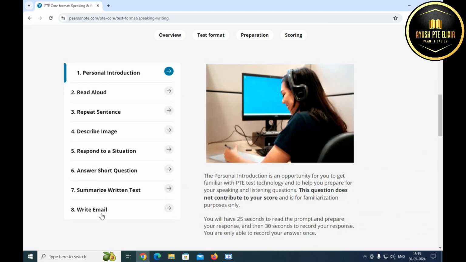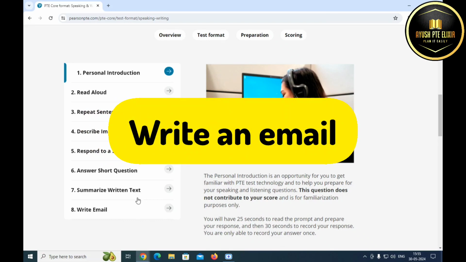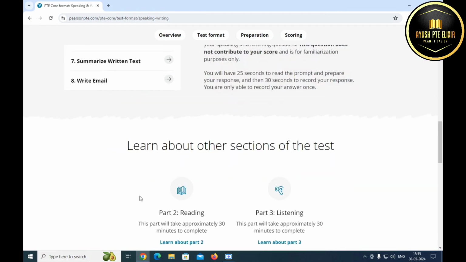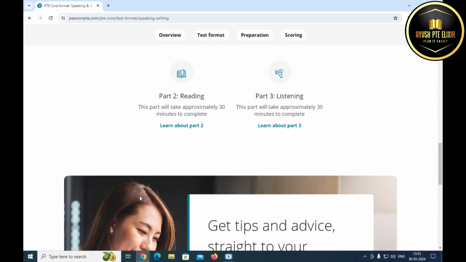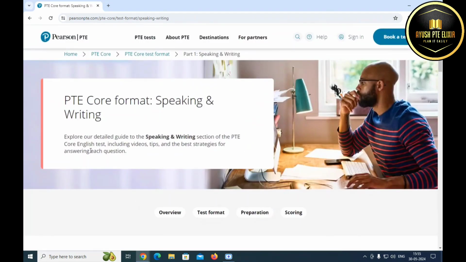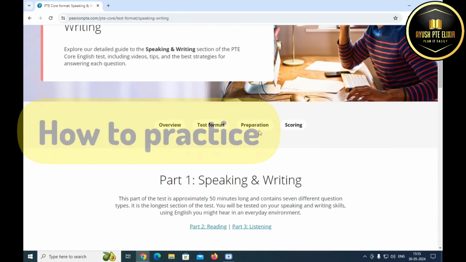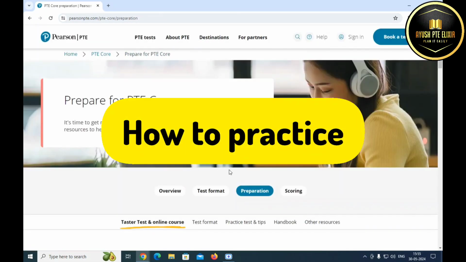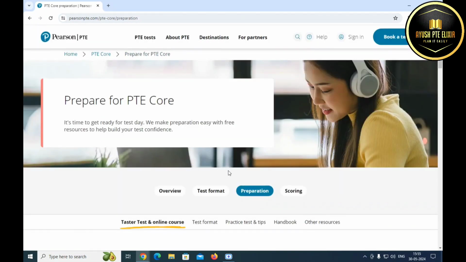And in place of essay, you have to write an email basically. So इसके लिए भी एक format अलग से दिया गया है आपको, that you can definitely follow for that. And apart from that, there is nothing changed in case of PTE exam. And right now, if I want to practice it, where I can get the preparation material, guys, over here we